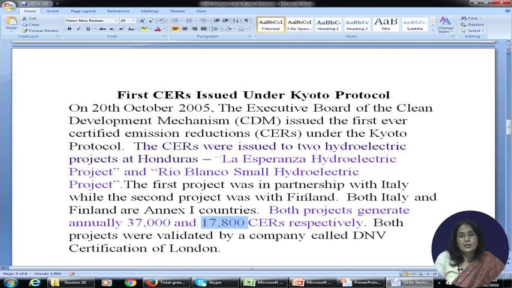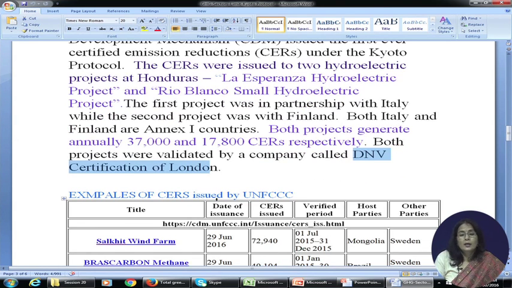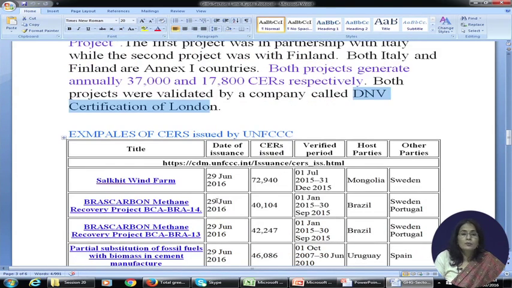And who was the designated operational entity? That is the DNV Certification of London. Now subsequently many projects have been undertaken as part of the clean development mechanism, and some of the recent